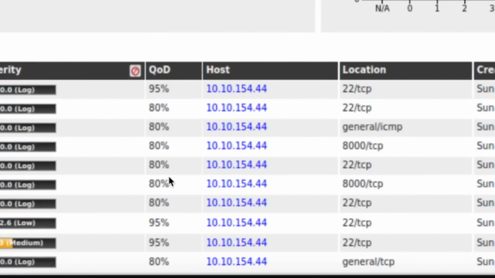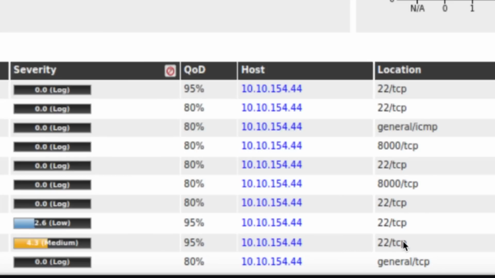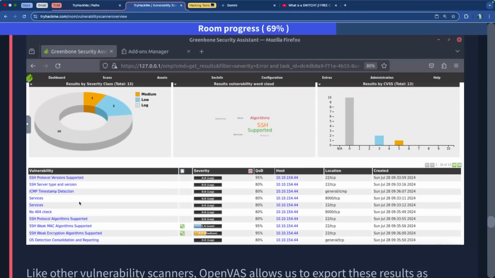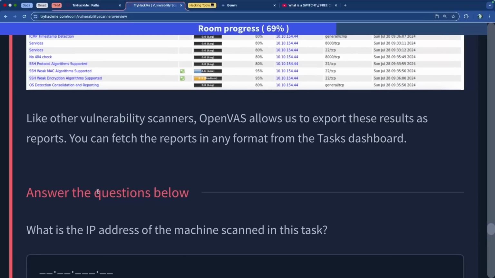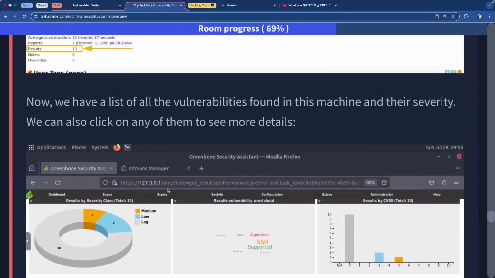So it says, on the location of, which one is it? The medium one is on port 22, which is our SSH port, and the TCP protocol. Like any other vulnerability scanner, it allows you to export these results as reports, and you can fetch the reports in any format from your task dashboard, which makes it very useful when you need to